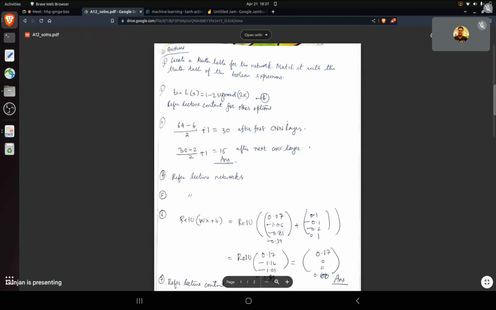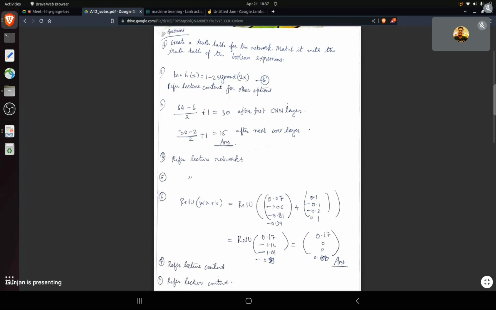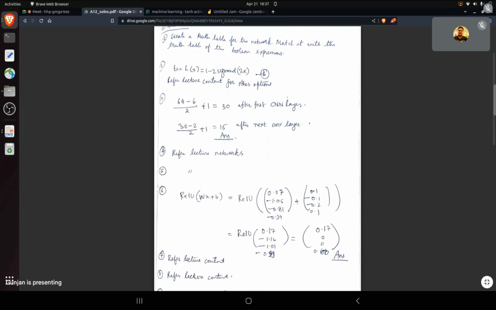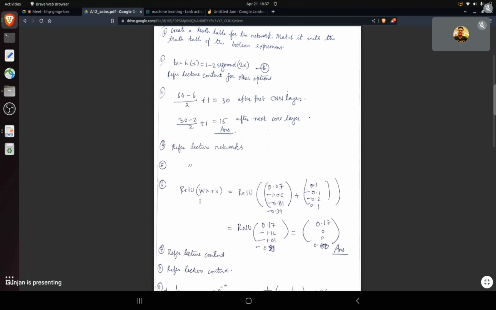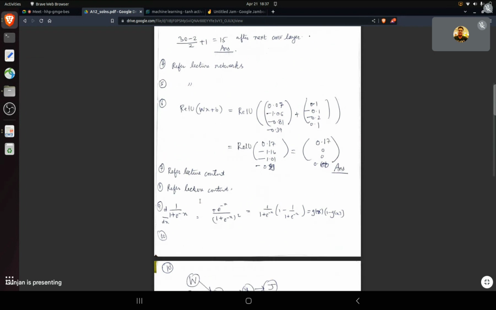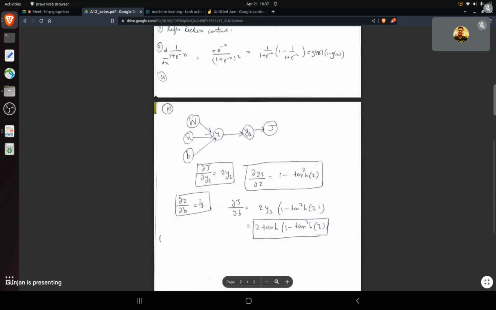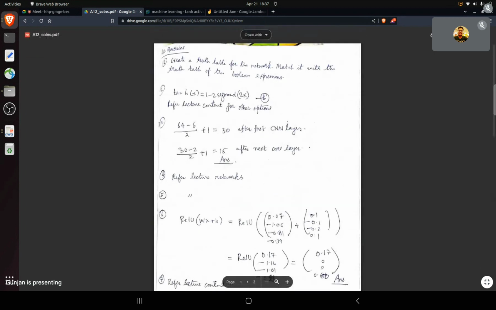They don't even mention which slide or refer lecture content for other options. Refer lecture networks, refer lecture content, refer lecture content. But yeah, I agree with you. It is a scale and